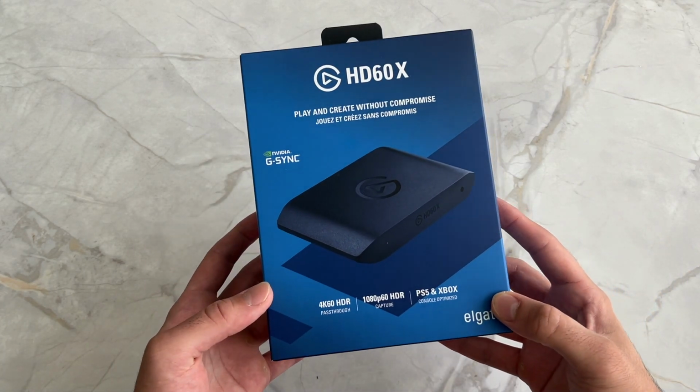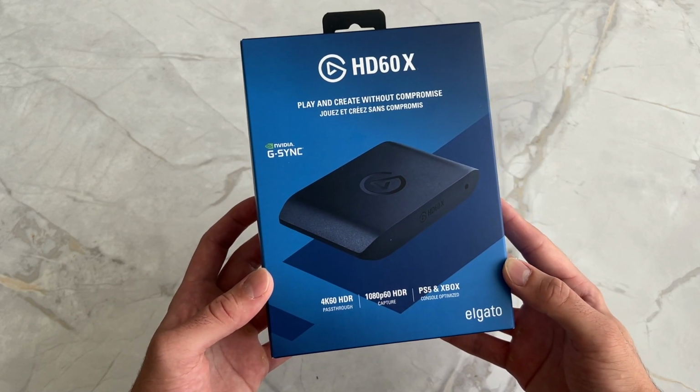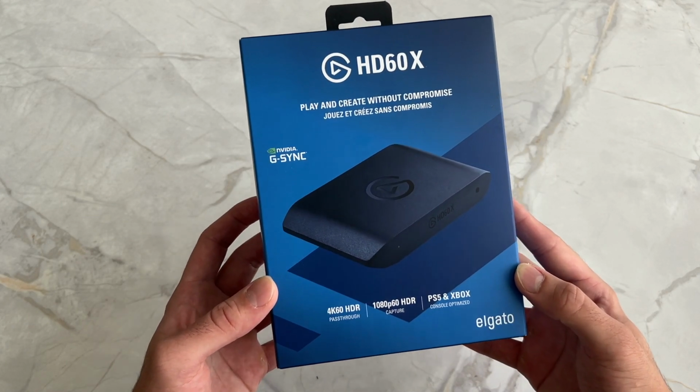Today we are going to be unboxing the Elgato HD60X. I've been wanting to get my hands on this device for quite a while now, and I finally pulled the